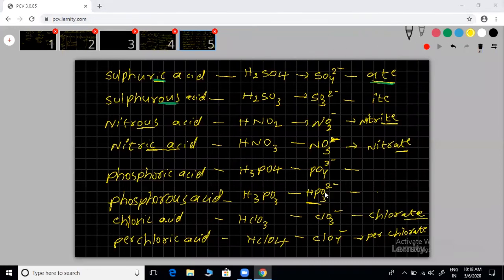Alright, we'll discuss. Some people are asking why, sir, not 3, why can't we remove only 3, and you are writing HPO3 2 minus. That is a good question. It depends upon structure. We are going to discuss all these things in coming classes. I will complete the first chapter only. Generally this will come later, but we can discuss it in the first class also.